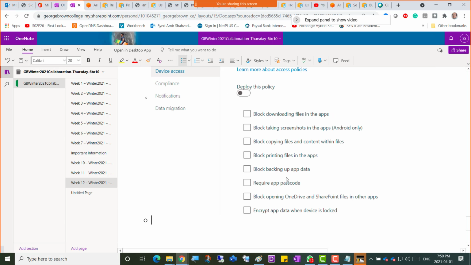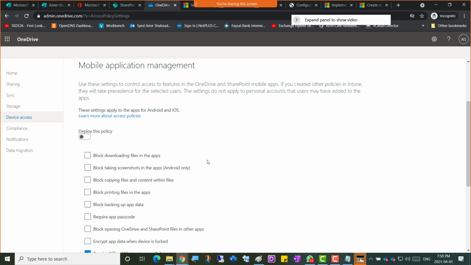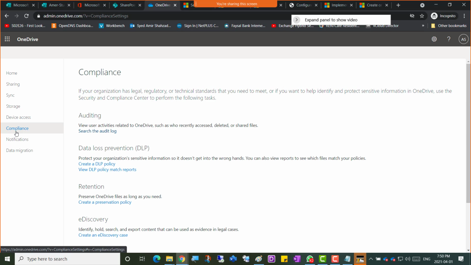Okay. So I'm going to go back. Yeah. So these are very good security options for OneDrive access from mobile applications and for tablets as well. But this is not the complete MDM solution, obviously, it's not a mobile device management solution. I'm going to go down to compliance here after device access. So guys,